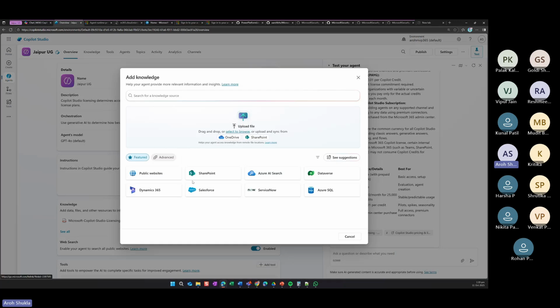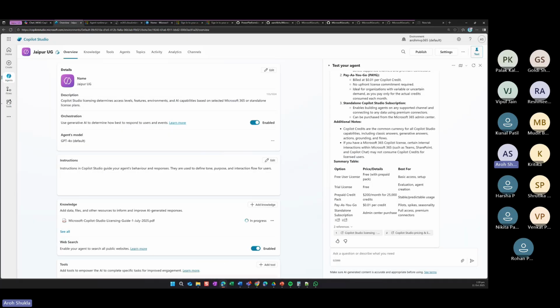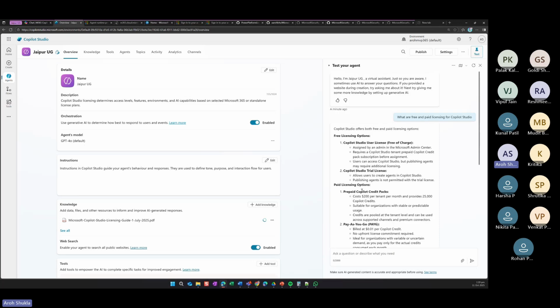I can have Dynamics, I can have ServiceNow, I can have AI Search as well. For autonomous, we have to use Azure AI. I can have more data inside. So you can have multiple data sources, non-Microsoft products like Salesforce, ServiceNow, and Azure products can be used, as well as public sites. So it is important to add more data inside. This is what we can do.